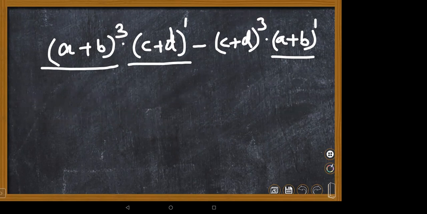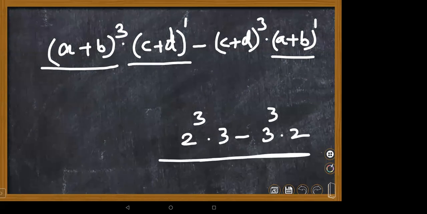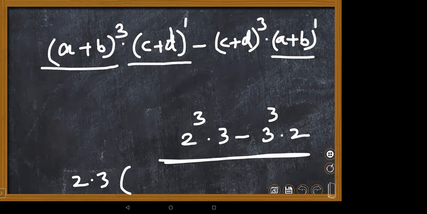Suppose, one minute, I will make some question. 2 square into 3 minus 3 cube into 2 is there. In this, which number is common in both terms? 2 cube is not there in the second term, right? Yes, ma'am, 2 and 3 is common. So if I am taking 2 and 3 common, what is left over inside? 3 minus 1, 2 square, 3 anyway came out, then here 3 square you will get.